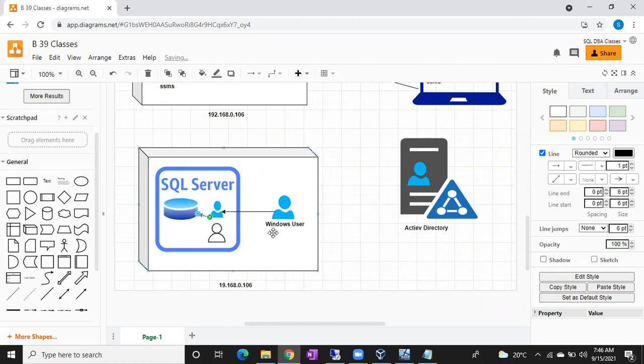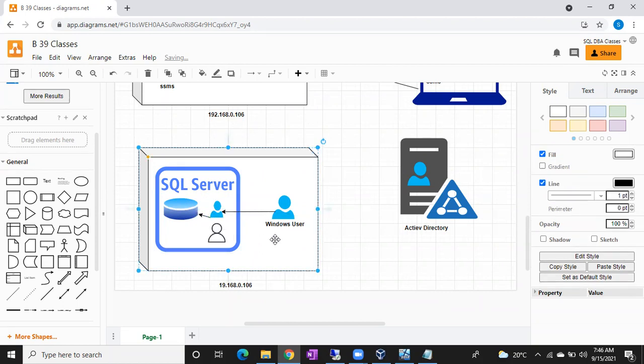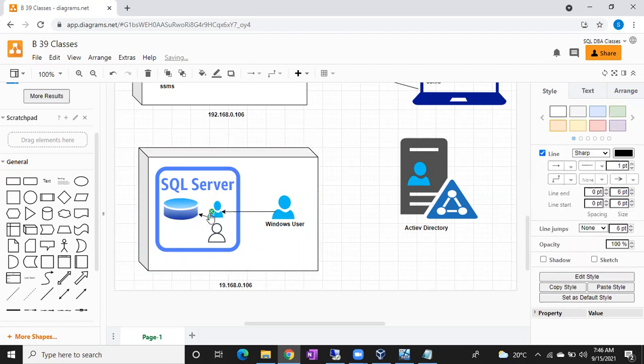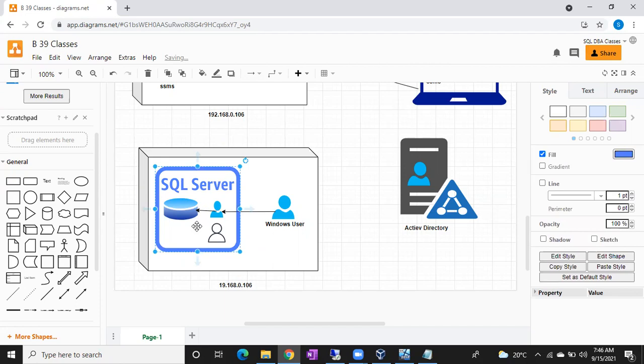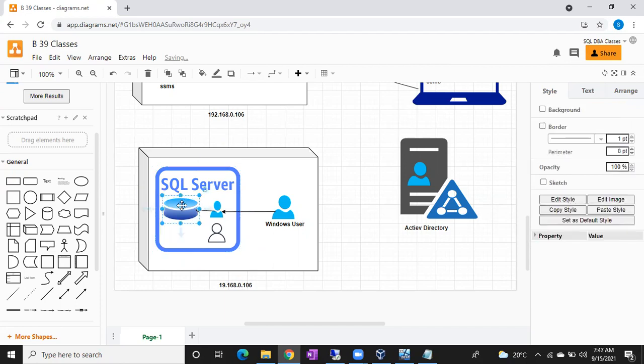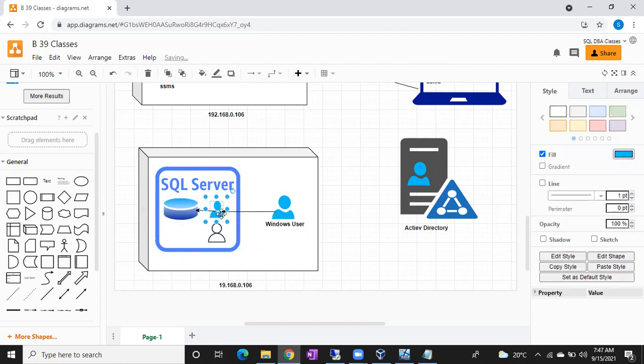Just 1 minute. Right. Okay, now Srinath can access the database. This is called a Windows login.